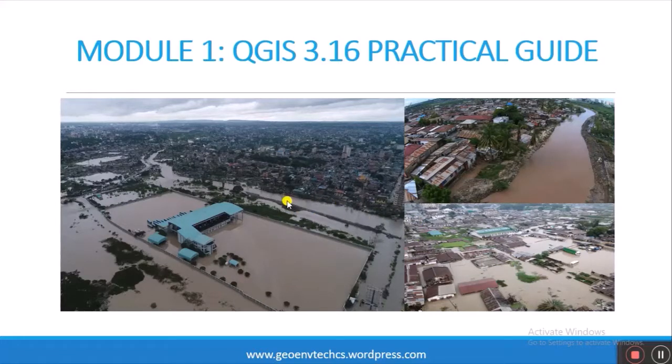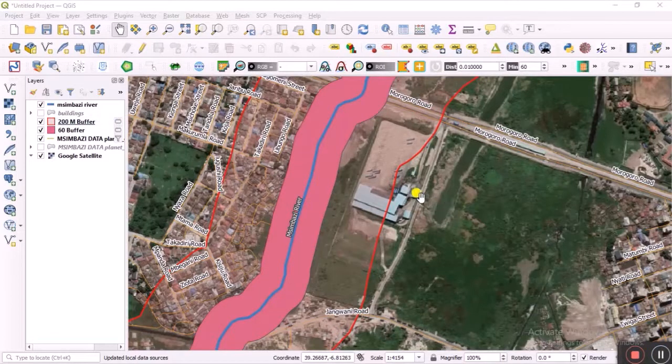As we have seen, we try to establish a distance of 200 meters, and we see part of this building is within the areas that are highly prone to floods, as you can see from here. So let's go to the software and see. So here is the building. As you can see, it is within